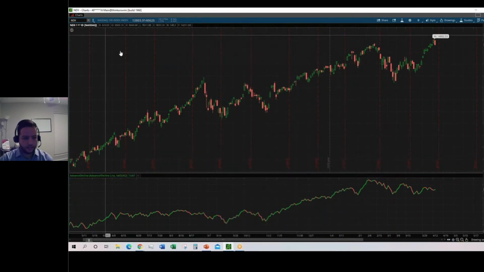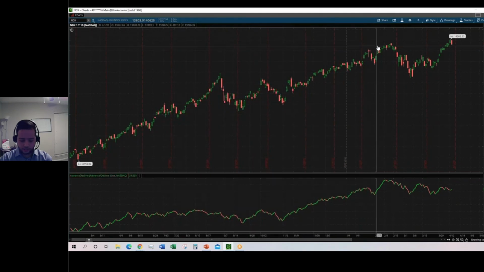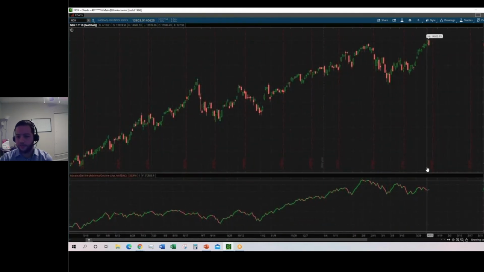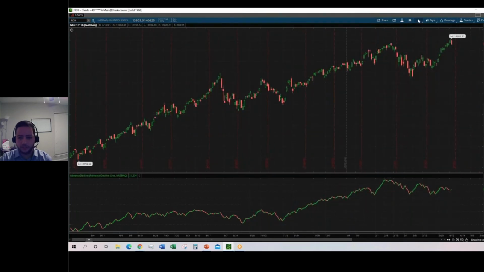Let's see, I think there was another positive divergence. This is a negative divergence, by the way. Whenever this is making lower highs and the index is making higher highs, that is a negative divergence. But a positive divergence would be something like,